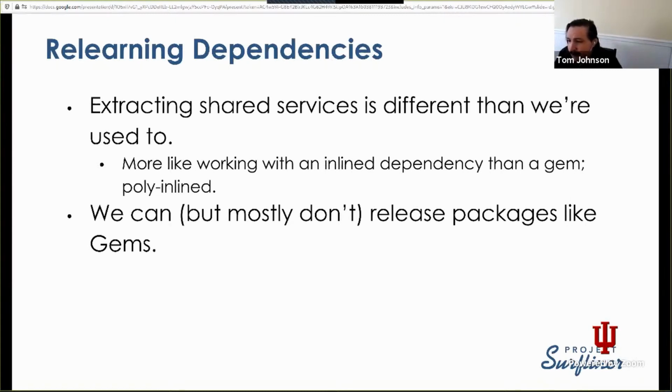Yeah, you can think of it as like poly inlining, and that's a little bit complicated just in terms of figuring out what the process should be for making those changes. I think this is one downside that we've managed to handle pretty gracefully, but it certainly felt twice as complicated the first couple of times that we were trying to extract something into something shared,